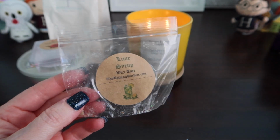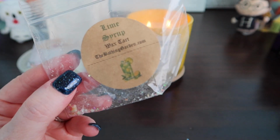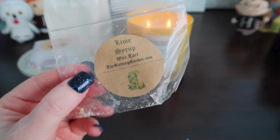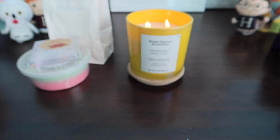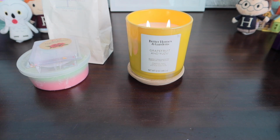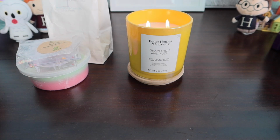This is a sample, so I don't really know how long this has been sitting around. Also, I love her pictures. So pretty. It looks like a little drink that you would want to drink. This one was just kind of like lime, like a sweet lime. It was okay. I don't know if the sample was old or what, but I just thought, that's not one I need to